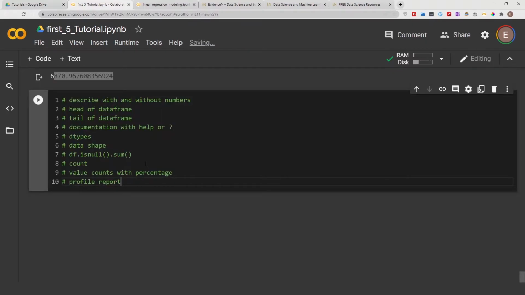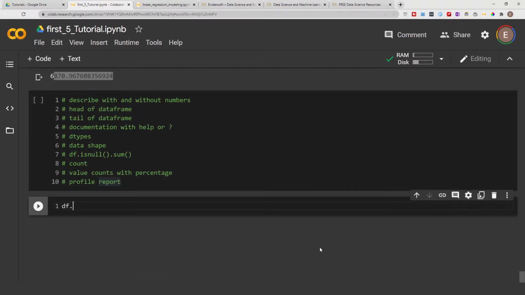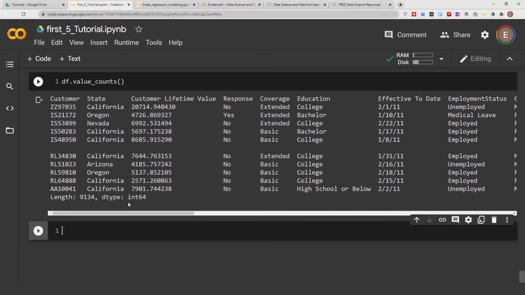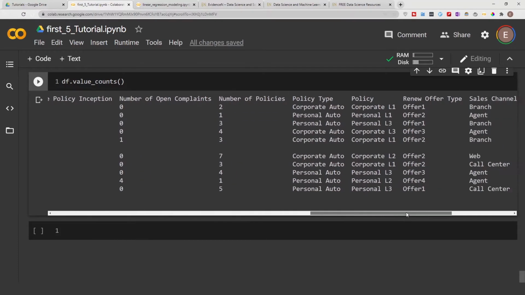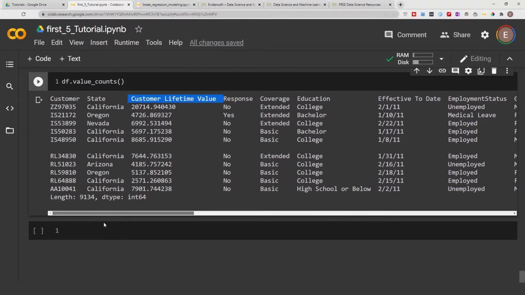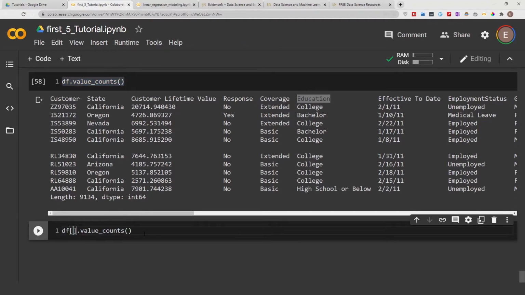Another thing I wanted to show you is how to use value_counts. Value counts is very, very nice. So you could do something like df.value_counts, and basically for each column, so this is the column customer, this is the column state, and this is the column customer lifetime value, and this goes all the way to the end. So you could do value_counts on the whole data frame, but it's not as useful as doing value_counts on a single series. So if I go ahead and copy this, and actually let's do this here in a new code cell,